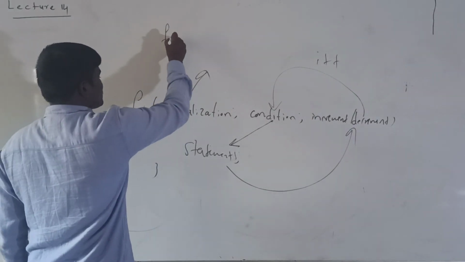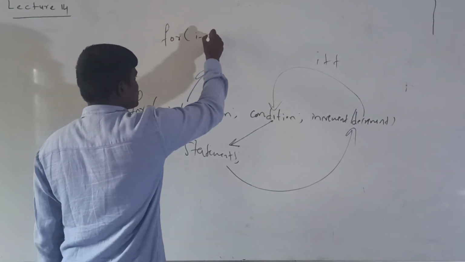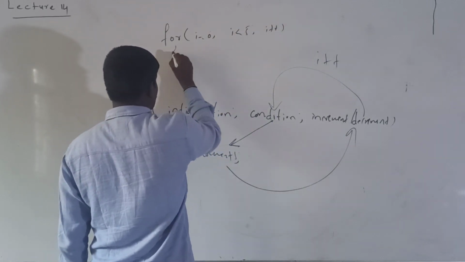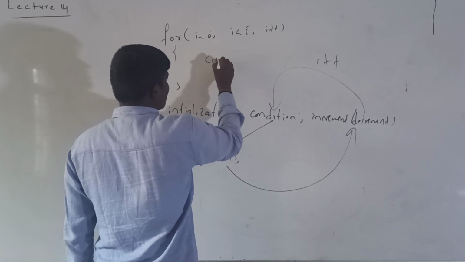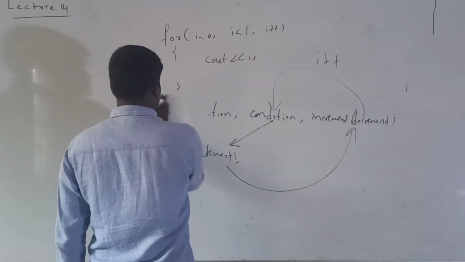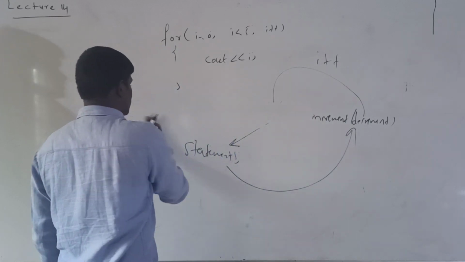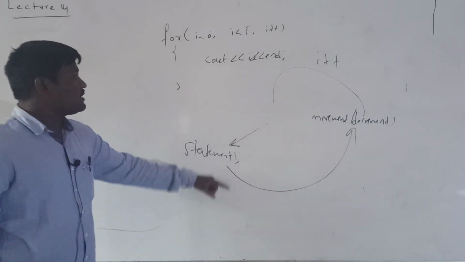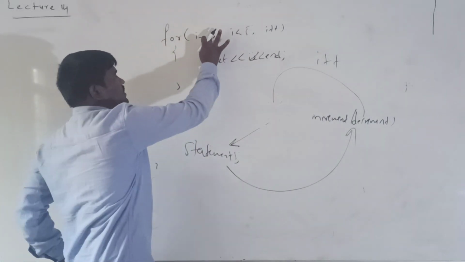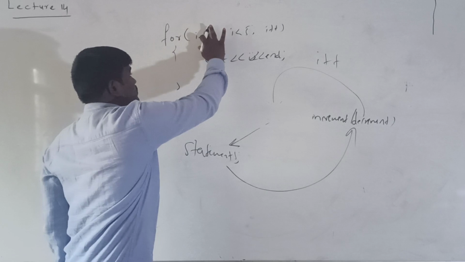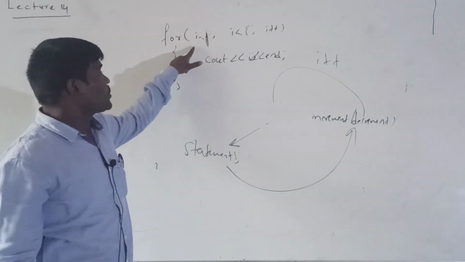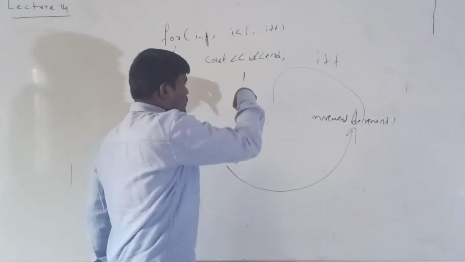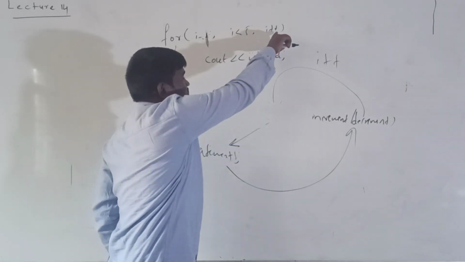See one example. Just I have to print the numbers. i is equal to 0, i is less than 5, i plus plus. Simple. Initially i is equal to, you can take 1. i is equal to 1. 1 is less than 5. The condition is true. True means it will print 1. Next, i plus plus, i becomes 2.